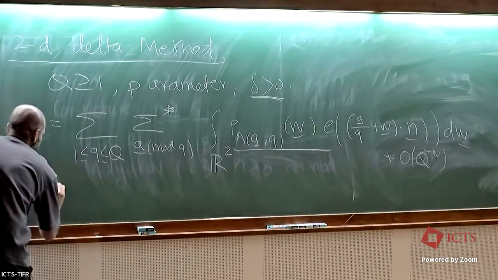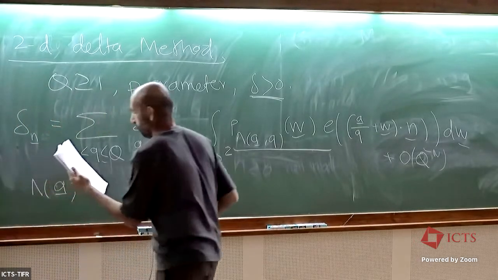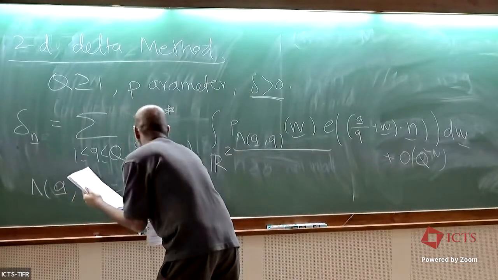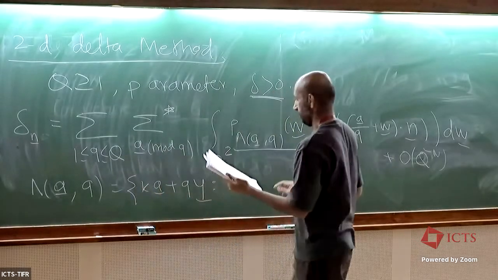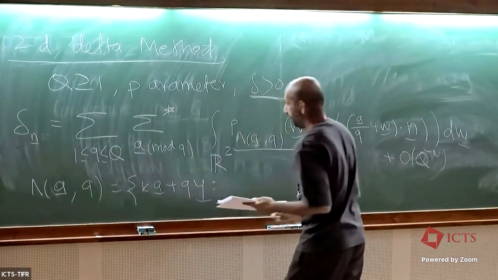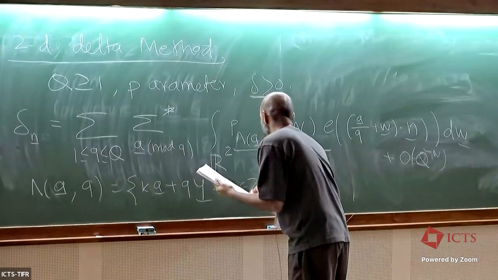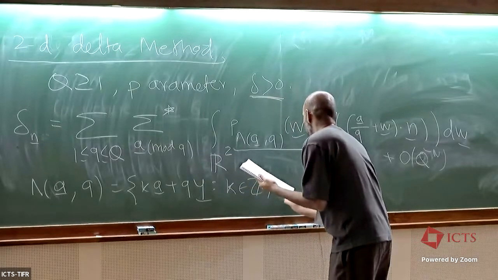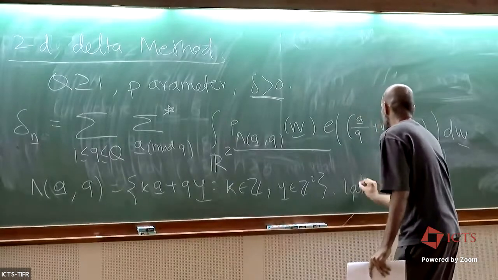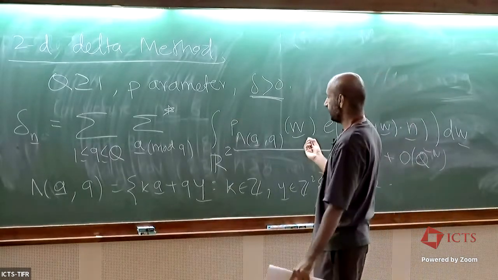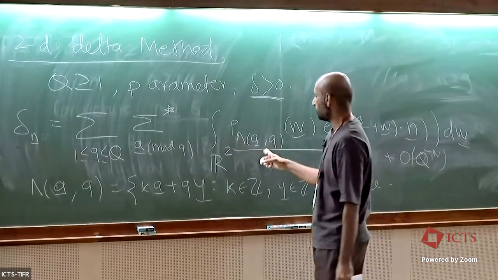So where this object A_Q, lambda_Q A_Q, is this lattice: K times A plus any multiple of Q, where K is an integer. So now it's not as nice as the one-dimensional version where this only depends on Q, but rather these functions depend